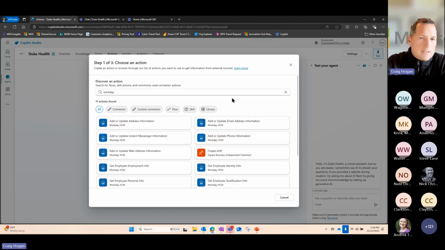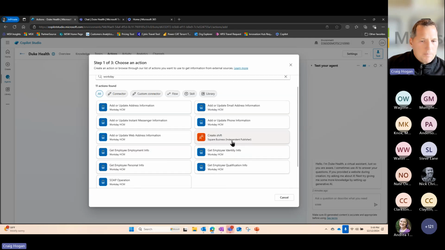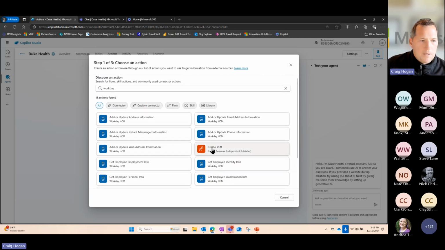The intent here is this orchestration engine is all happening behind the scenes, and my user doesn't really know. My user is just coming looking for information. The system is irrelevant. The back-end process, they don't really care. I want to keep them engaged and get those answers. So this is one of the available connectors, I think we're up to over 1,400 now. And if there's not one available and you have access to APIs, you can build your own custom connector.